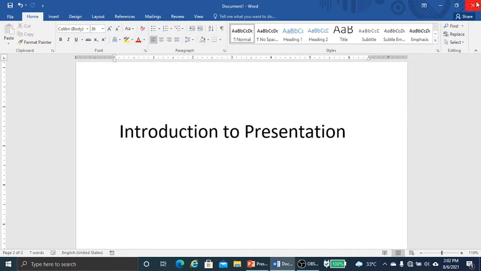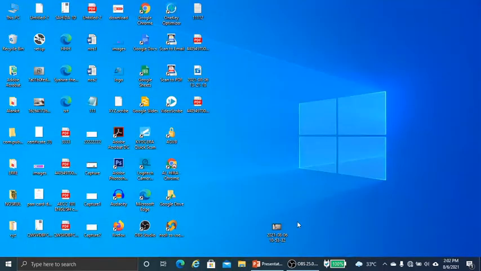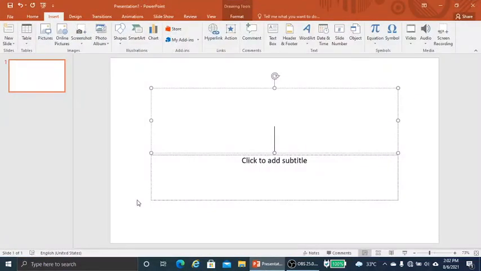Now I am showing you the presentation software which I will be discussing in this chapter. It is Microsoft PowerPoint. How to open Microsoft PowerPoint? To open it, we'll click on Start or Programs, and then click on Microsoft Office. Under Microsoft Office, we'll get Microsoft PowerPoint. Microsoft PowerPoint is a computer application program developed by Microsoft, and it is used to design presentations. It helps us to structure ideas and information that we want to convey to our audience.